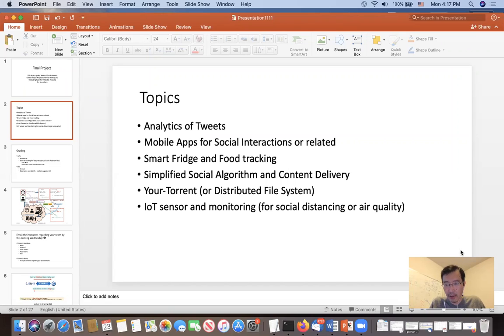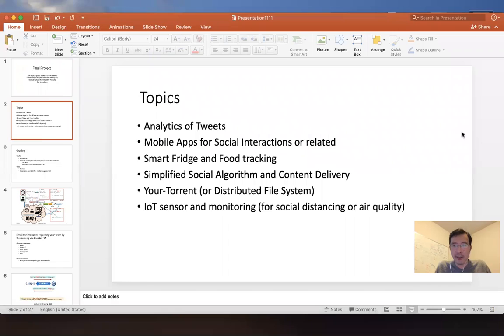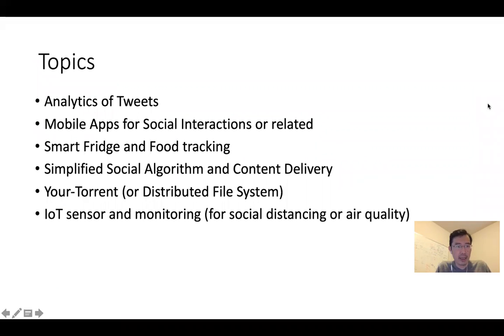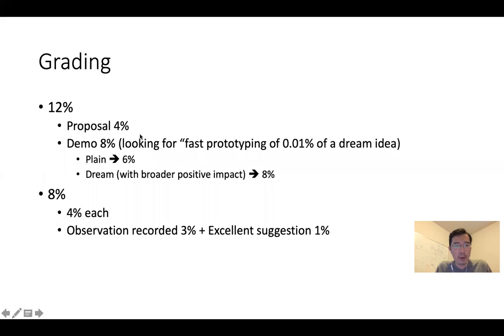Let me actually make this a little bit bigger. I suggest a bunch of topics, and some of your teams have already started contacting me for meetings, where I can help you narrow down and do something interesting. I want to emphasize again that what we're talking about is fast prototyping of a really small, tiny piece of a really big idea. It's not for completeness, but for braveness, for targeting something really, really big. But then we will be able to use the object-oriented paradigm to get it done fast.